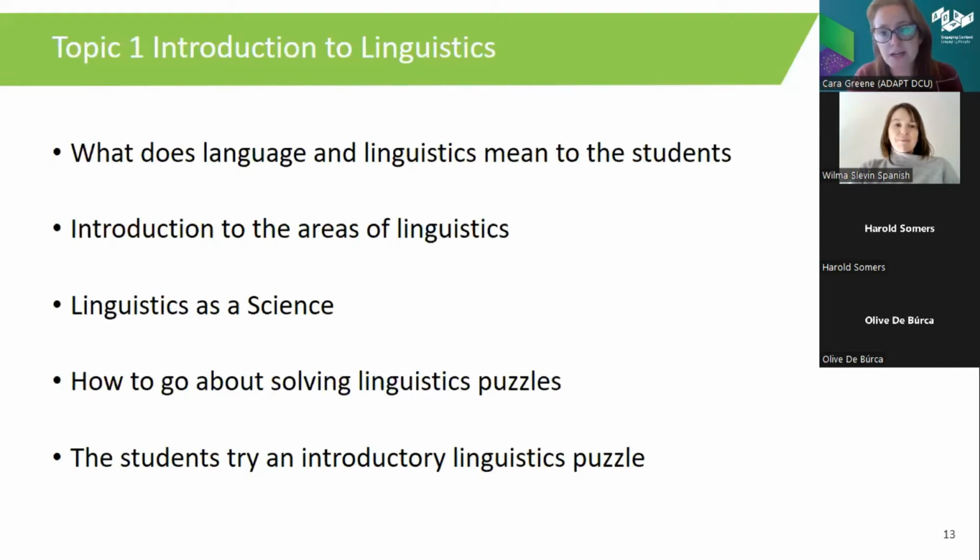As part of the training in September, we'll show you how to go through a linguistics puzzle with the students. This topic is actually a step-by-step, coded guide on slides for how to solve a puzzle with students, and that's what you do in the first module. It describes how to do it for you. Then the students will try an introductory linguistics puzzle, comparing and contrasting two similar languages so that they can see the patterns in them.